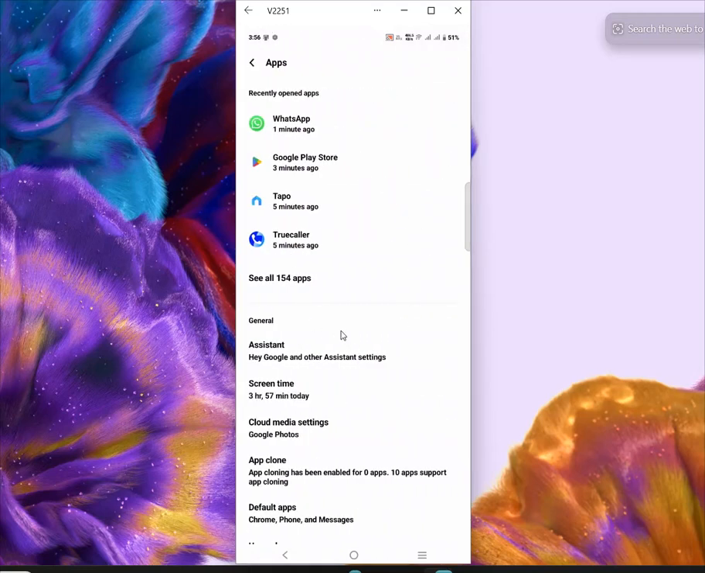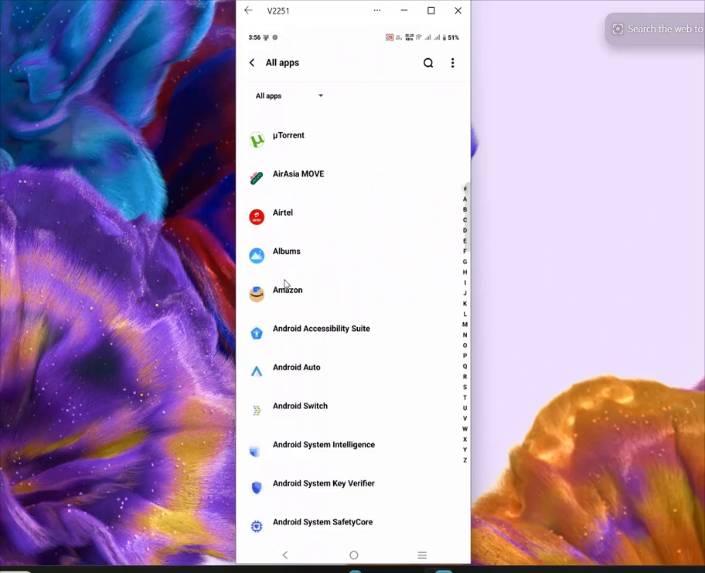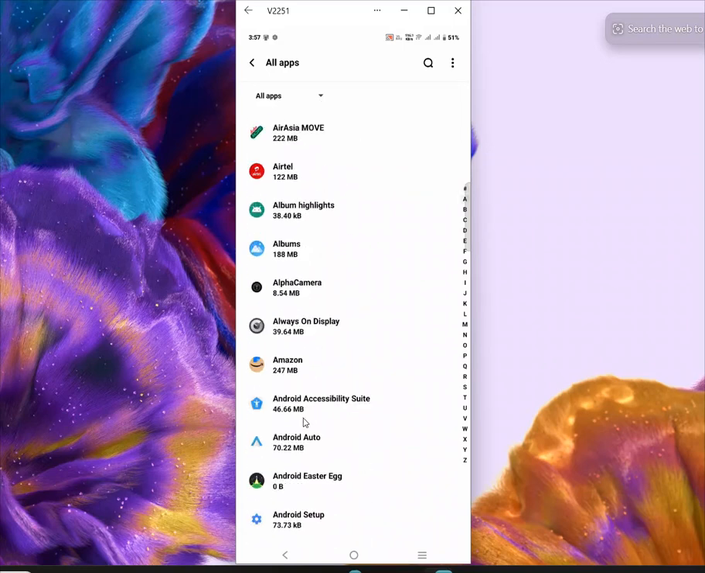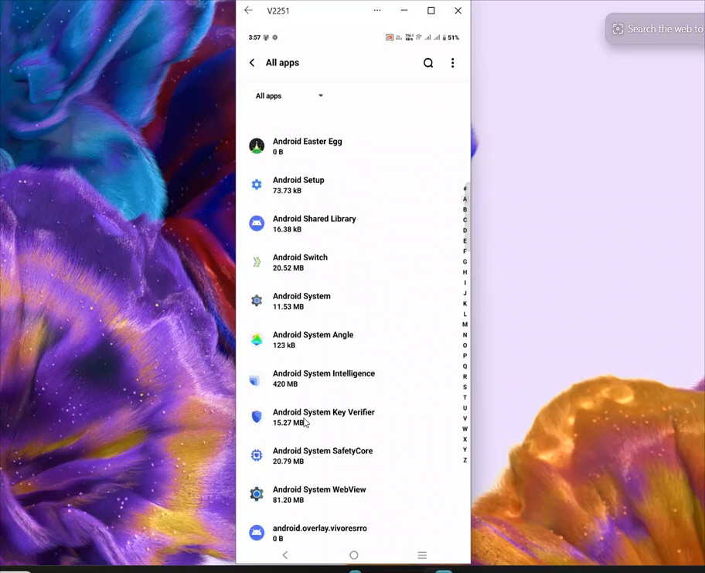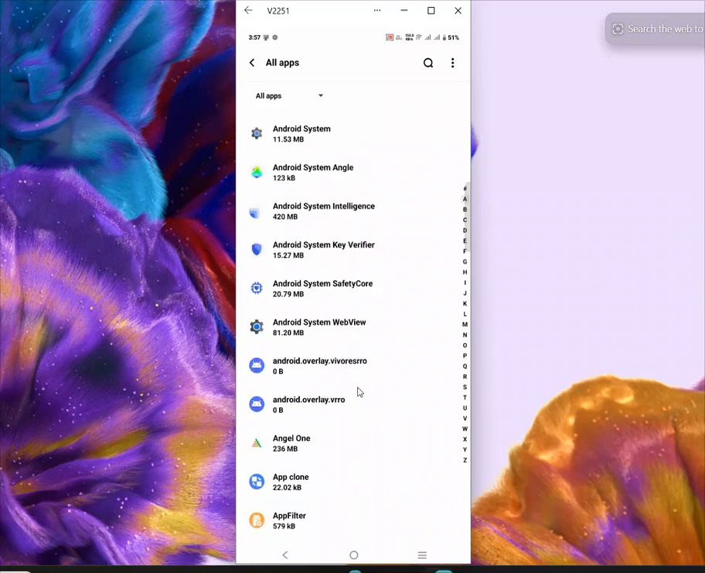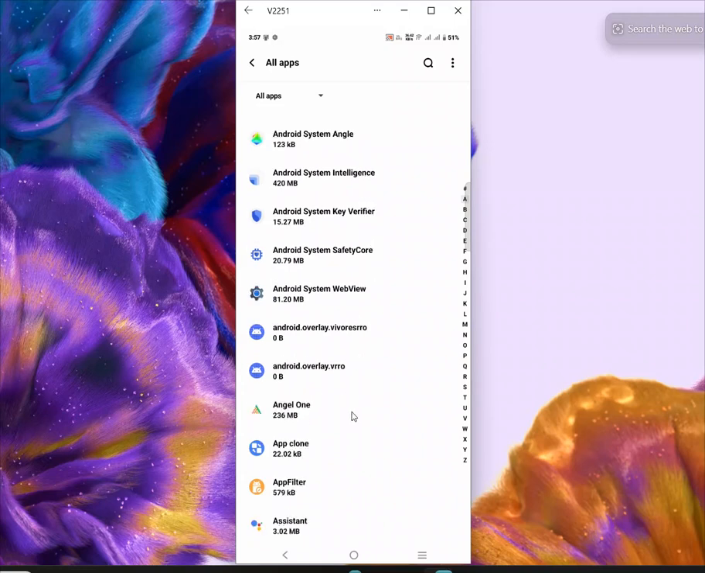Now, here we just need to click on see all apps. And here you will find all the apps related to. Now we just need to select all apps here and it will show you how much space all these apps are using. Now by any chance, if any app is not necessary, you can simply remove it